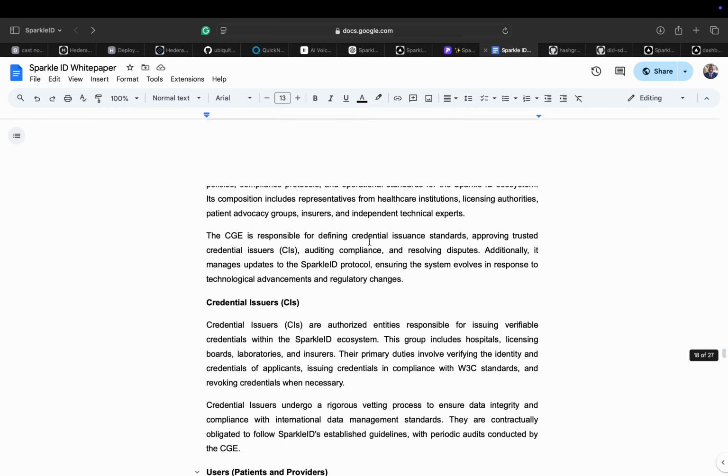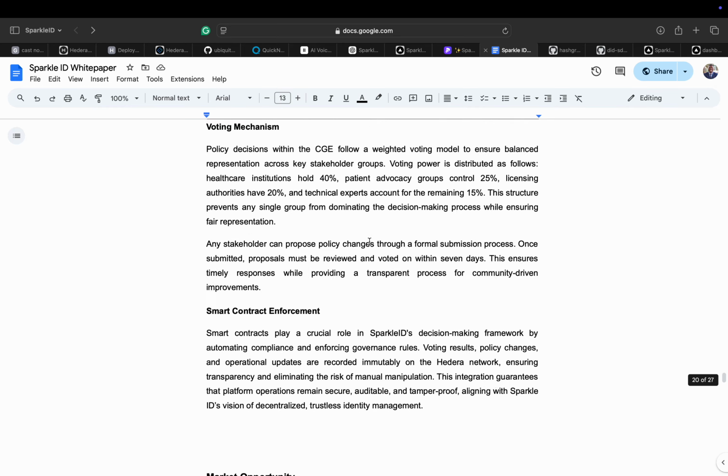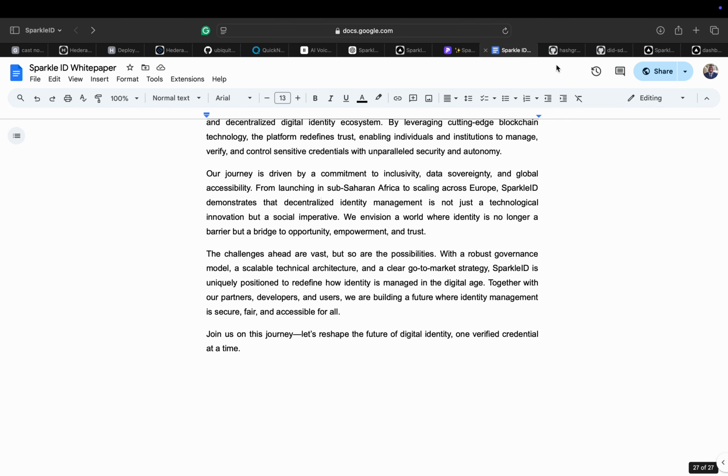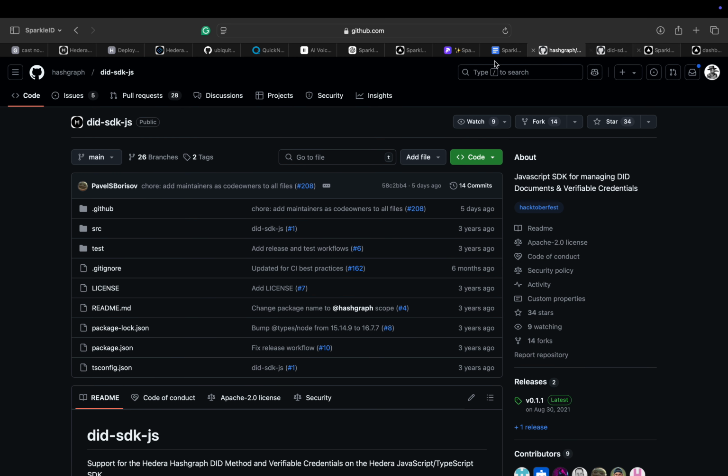Moving in, there's a white paper that explains every single thing about the platform. Apologies, but it's a bit lengthy, and it also talks about our roadmaps. Moving ahead and going to the GitHub repo